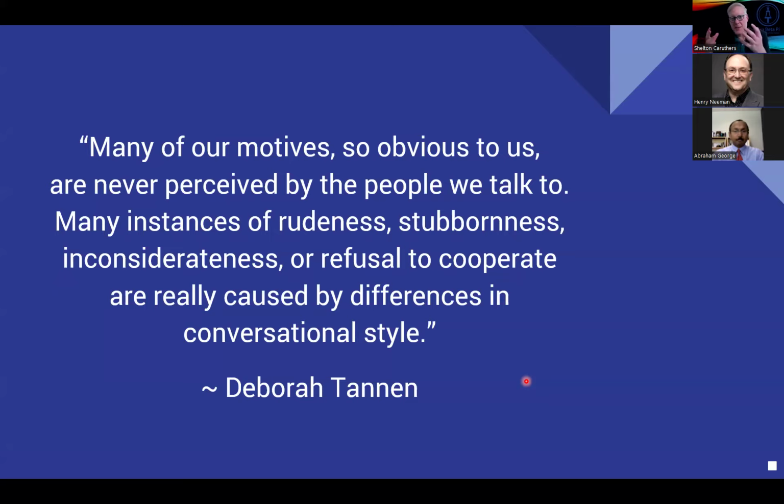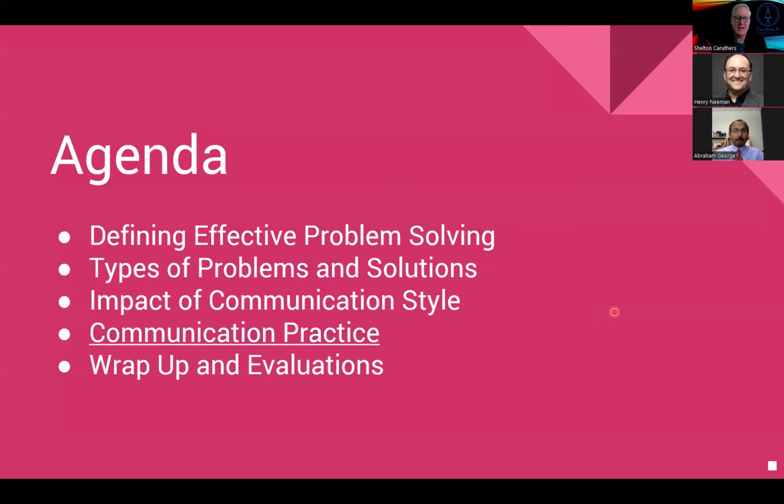And so those types of motives are not necessarily clear, and also styles. When people grow up in a large family where they talk a lot at dinner and everybody's talking at the same time, if those people are interrupted while they're talking, it's just a normal way of communication. But someone who didn't grow up in that communication style, if they're interrupted like that constantly by someone for whom it's normal, they may think, "Oh, that person is rude. I don't like that person." So again, while it may be very obvious to you and it's your lifestyle, it's not necessarily the same as other people.